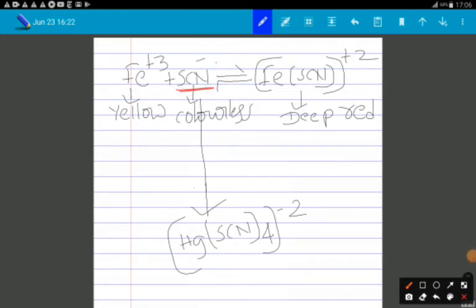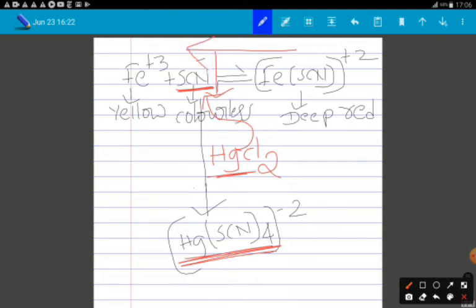Next, you are going to decrease the concentration of the thiocyanate ion. For this reaction, after establishing equilibrium, if you add HgCl2, it reacts with the thiocyanate ion and you get a complex like this. So at the reactant side the concentration of thiocyanate ion is decreased, and the reaction goes in the backward direction. By decomposition of this complex ion, again the intensity of color decreases. So you can favor the backward reaction by removing the Fe3+ ion or the thiocyanate ion.